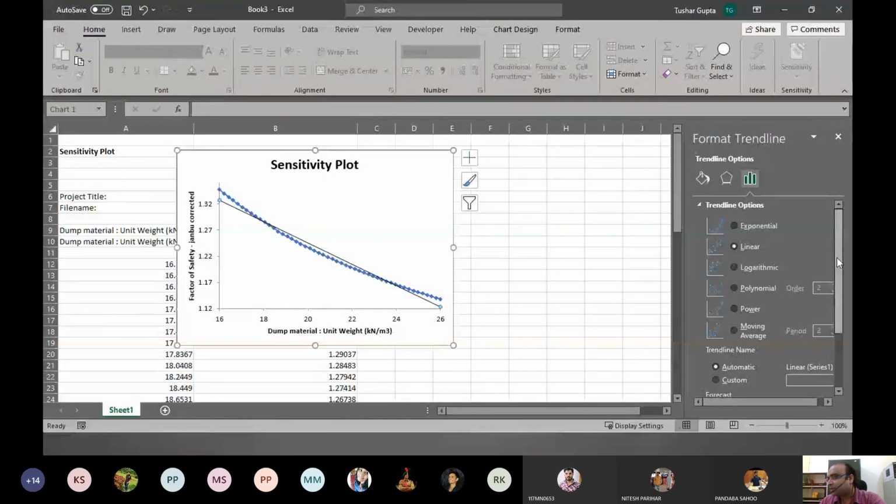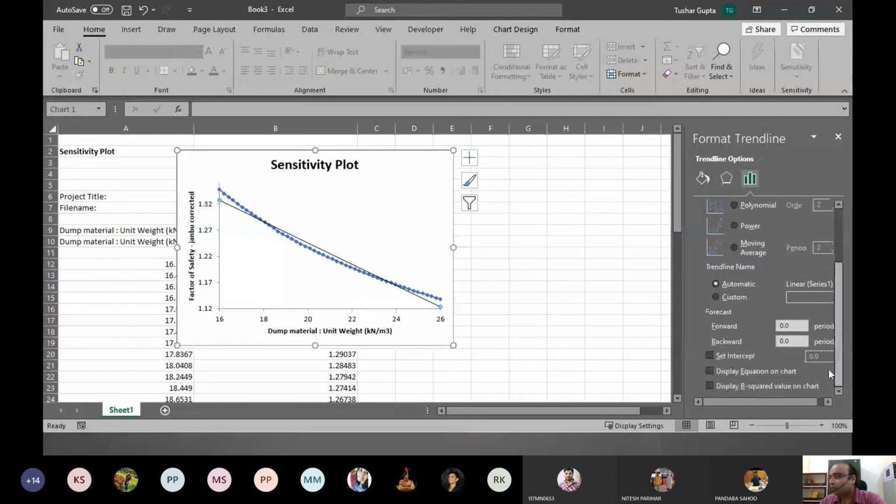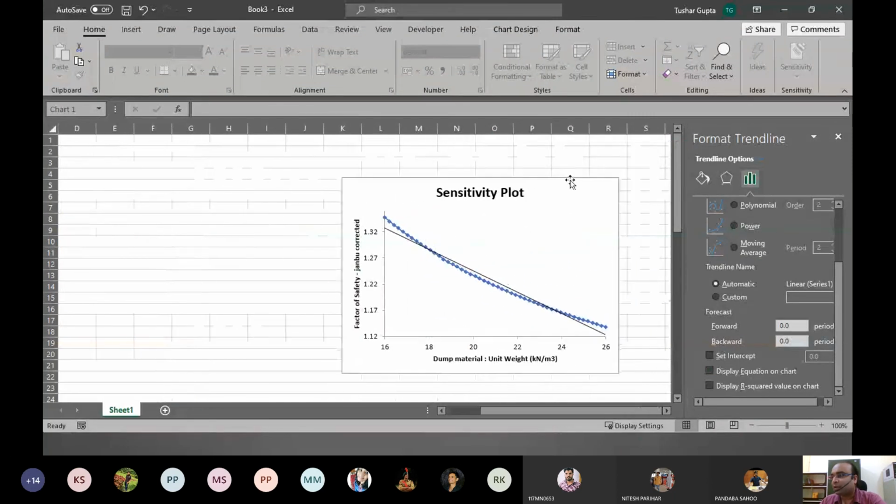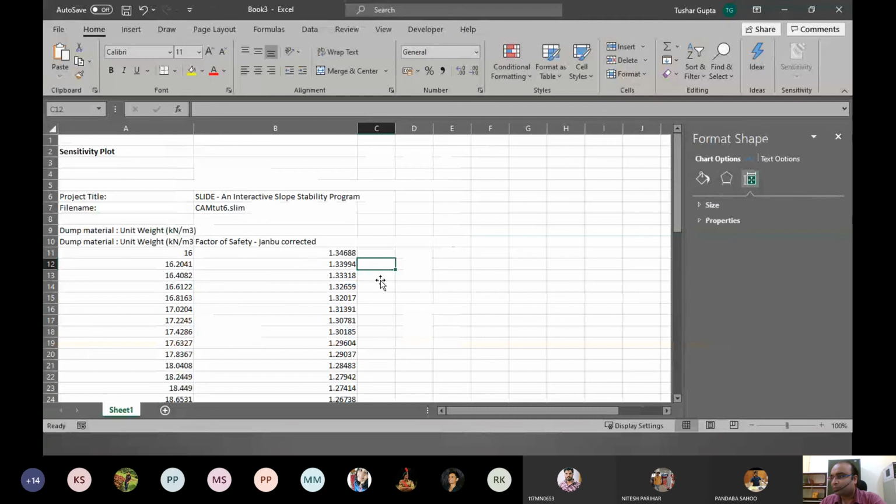See, but still it will be quite representative of the average value. So an average sensitivity index can be found here,